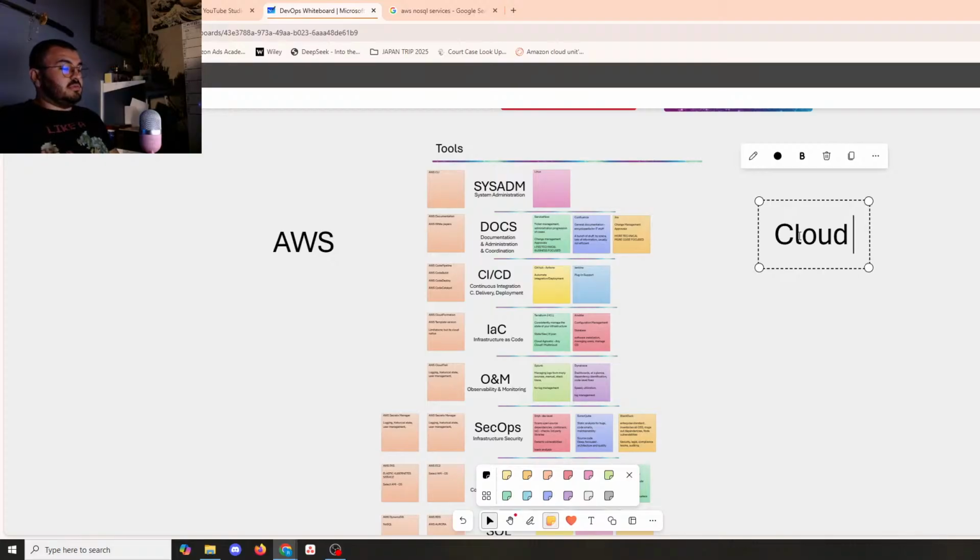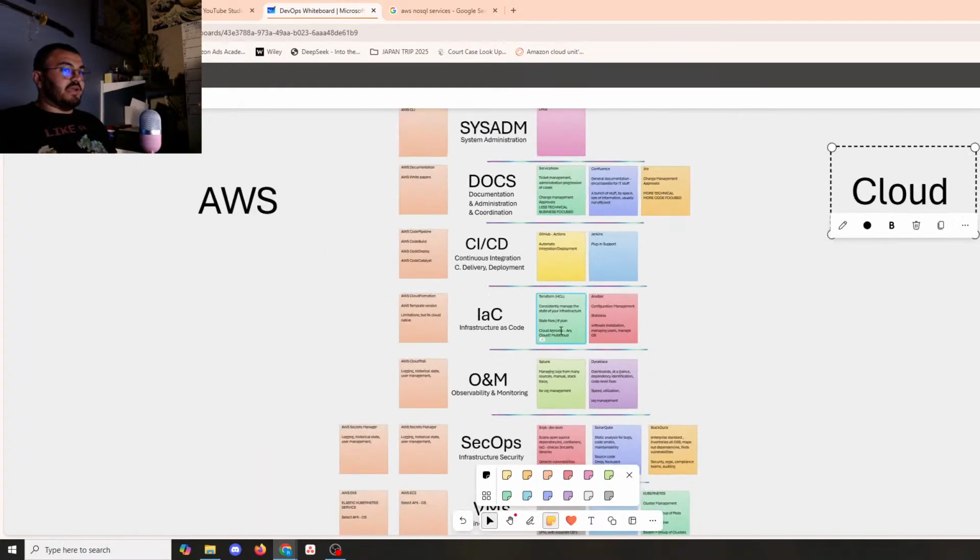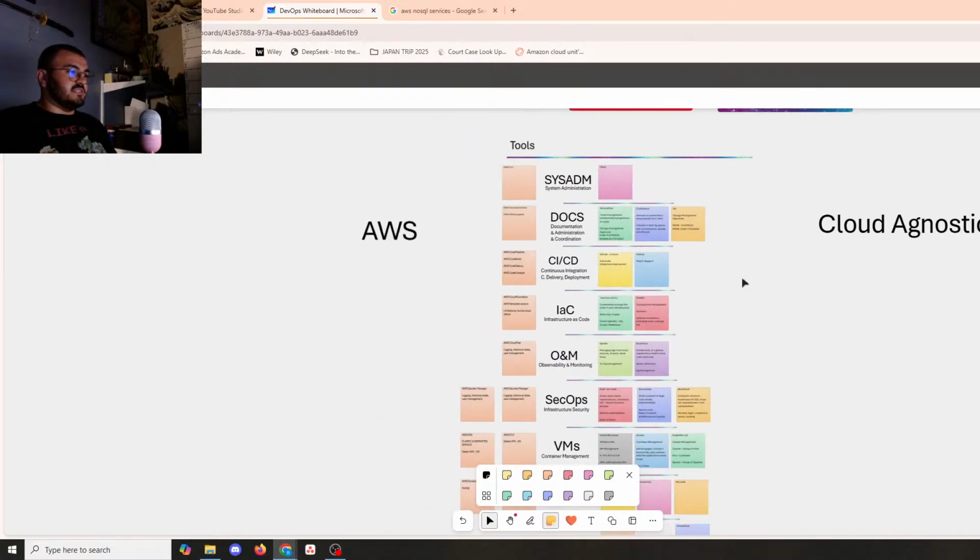cloud. What's the word? I wrote it down. It's in Terraform. Cloud agnostic. Wow, they made it so religious. Like cloud is a religion. So we have